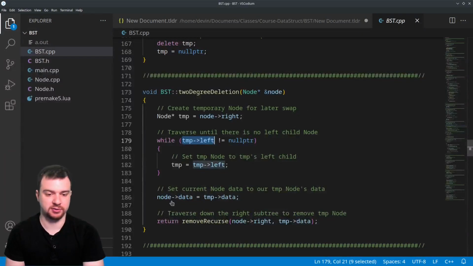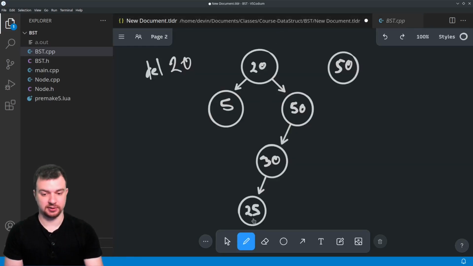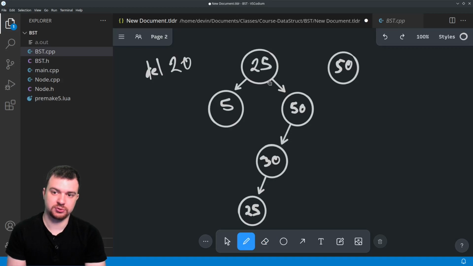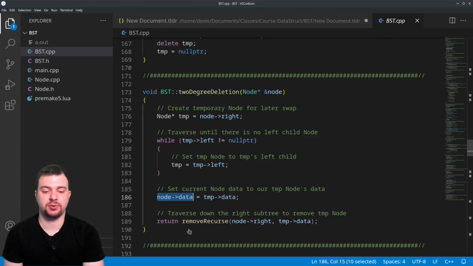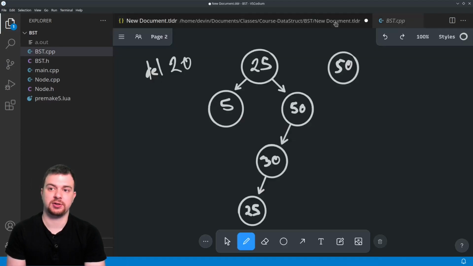Right? And then we say that node's data, which is the node we want to delete, which is 20, we're going to set that equal to temp's data, and temp is now our last left child of the right subtree. So real quick, we just adjust our data, 25 there, and then we're going to recursively remove on the right subtree until we find temp data, which if you recall, temp data